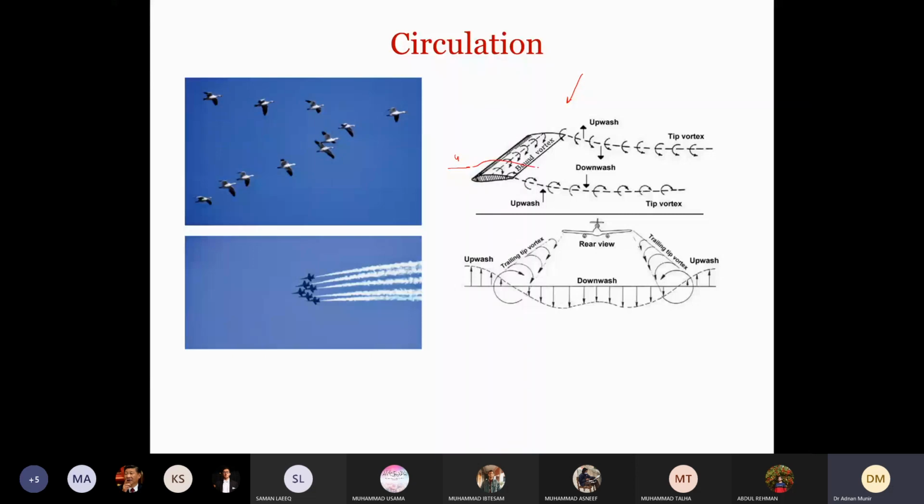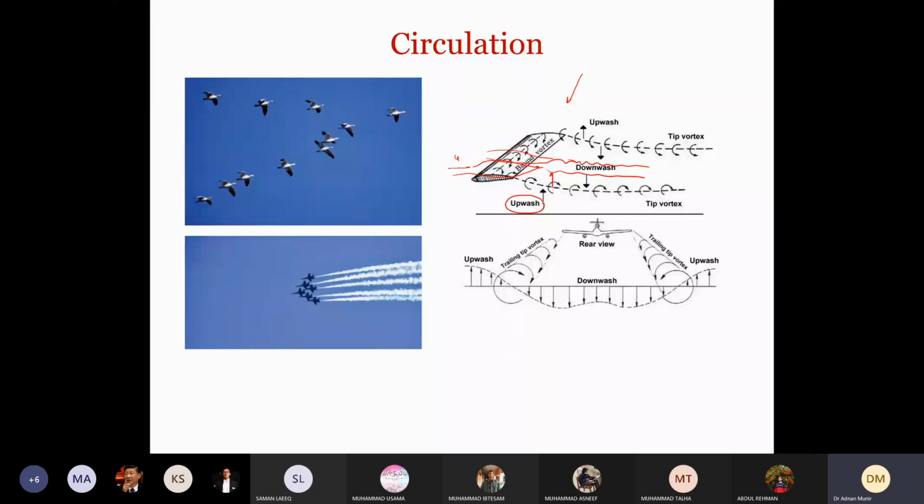Part of the flow goes here, the other part goes down. They combine here like this, and then helical vortices are like this, right? Now if you look at these tip vortices and bound vortices, you can clearly see here that the effect of these tip vortices, because of their direction, is to generate velocity in upward direction. This velocity at the tip vortices which is acting in upward direction is called upwash, right?